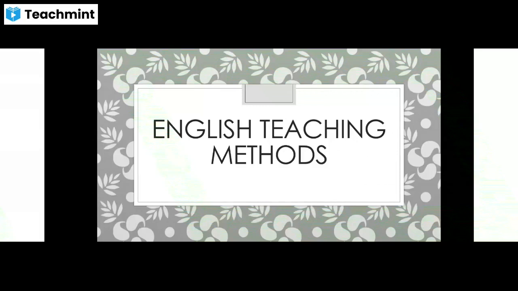So the next method is the audiolingual method. The audiolingual method, otherwise known as the new key method or army method, is based on a behaviorist theory that things are able to be learned by constant reinforcement. However, just like in the army, when someone behaves badly, or in this case, uses English badly, the learner receives negative feedback, and the contrary happens when a student demonstrates good use of English.